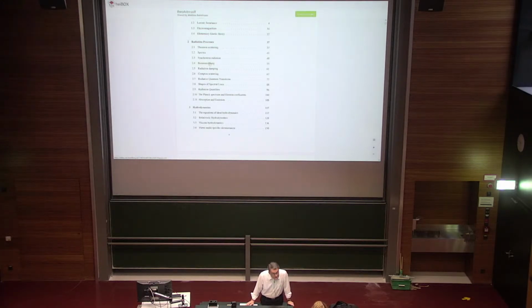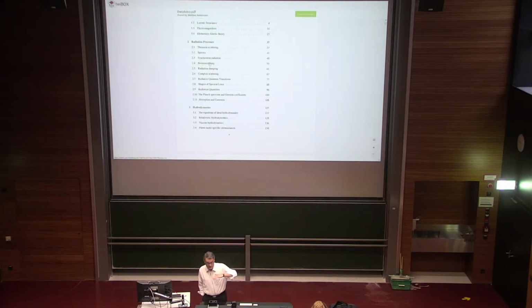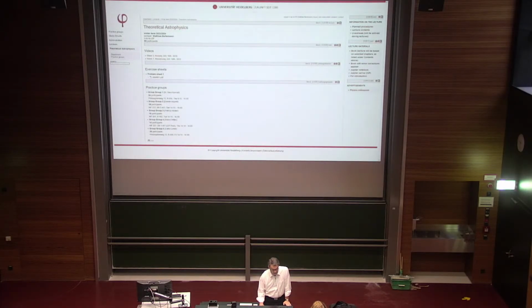I will do something different today. I will go through a very much simplified calculation, which leads to a result which contains all the right dependencies, but a wrong amplitude. This is due to the simplifications, but you will see all the necessary ingredients without going through the really complicated details of doing the exact calculation. So this will be part 1 of today, and then we will see about radiation damping and stuff. But let's start with that.